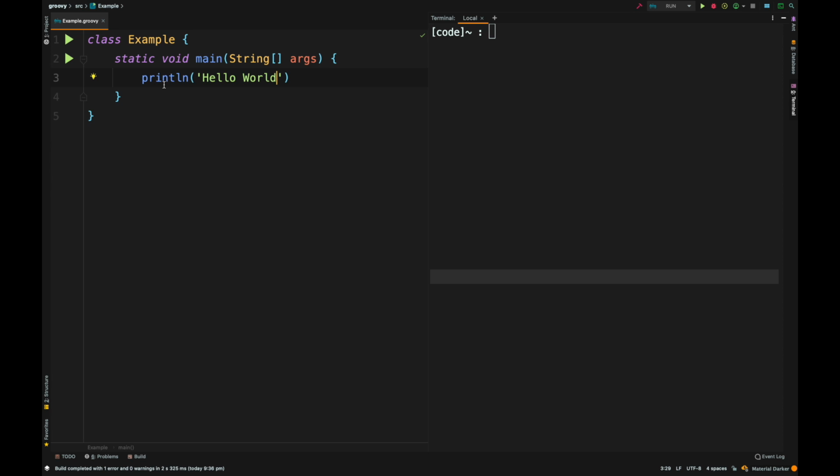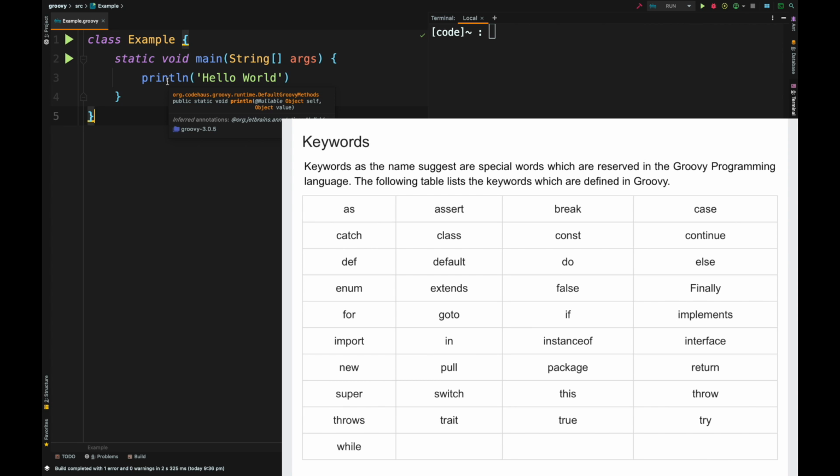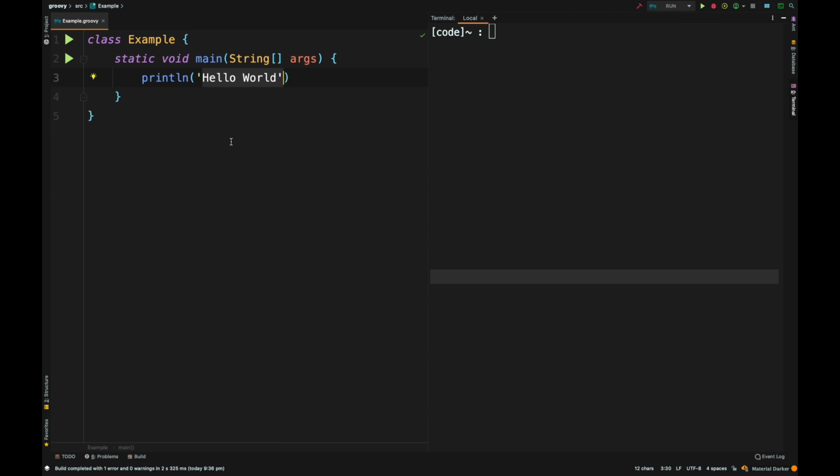A keyword is a special word in a programming language. It's not just in Groovy, but in any programming language there are keywords, which means that the keyword has some special meaning and performs some action. We'll talk about keywords in just a minute, but now take a look at this is a keyword and this is a string literal. We'll get to identifier and constant as well, but for now, just say these things can be a token in Groovy.